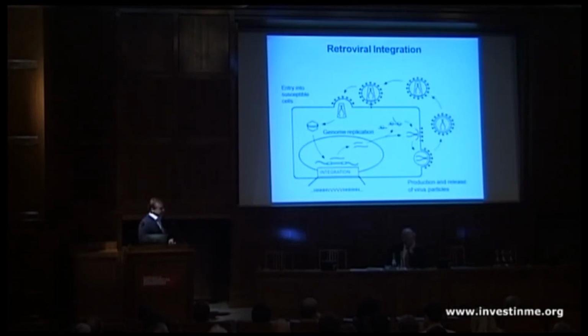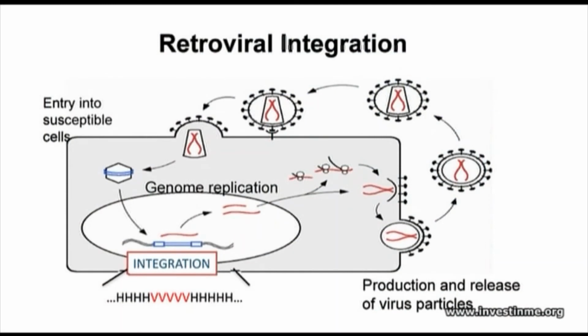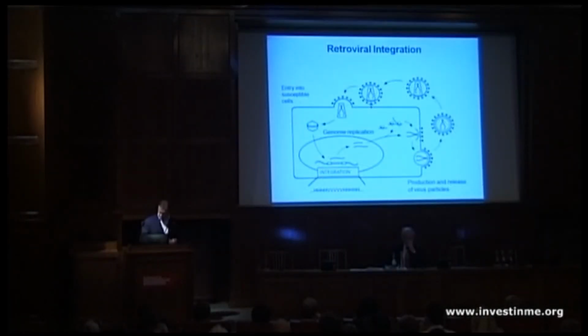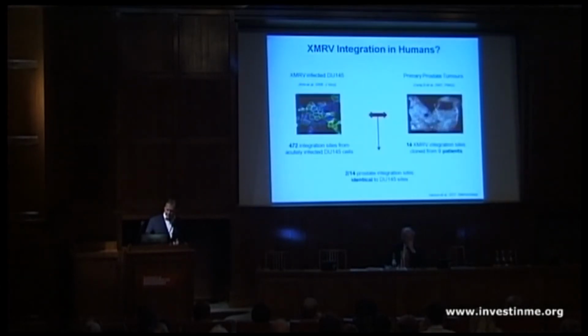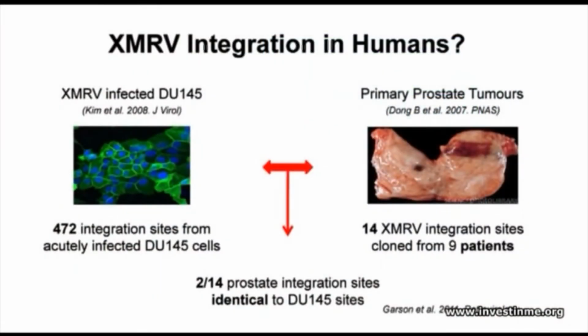Another key piece of evidence that it was a human virus was the fact that retroviruses integrate, and Sam Chow's lab had shown that if he sequenced the junction between the virus and the human genome, he could find in patients the junction that's human, human, human, virus, virus, virus, human, human, human. That was very strong evidence that these samples did represent infections in human samples because you could find the junction. However, we felt that was likely due to contamination because we also worked out that Sam was infecting cells in the lab at the same time that he was amplifying samples from the prostate tumors.